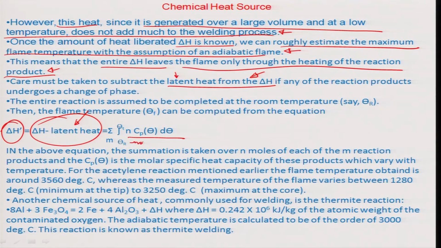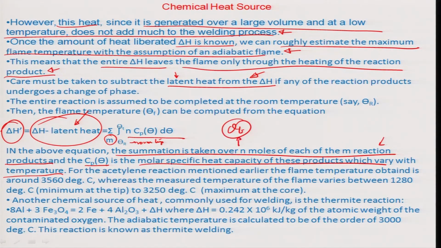Theta r is the room temperature, and you can assume that the summation is taken over n moles of each of the m reaction products which are present, and Cp theta is basically the molar specific heat capacity of these products, which varies with the temperature. Okay. So, from this you can really calculate the flame